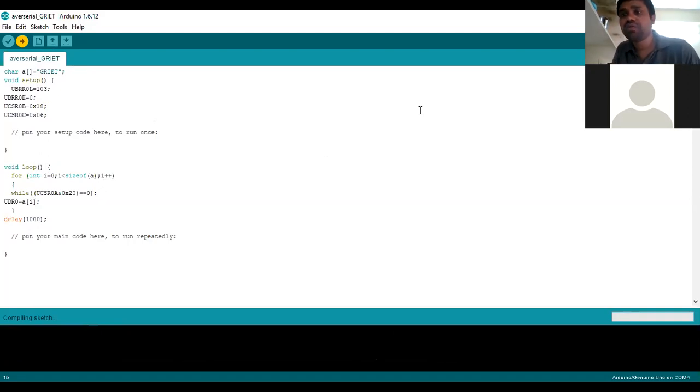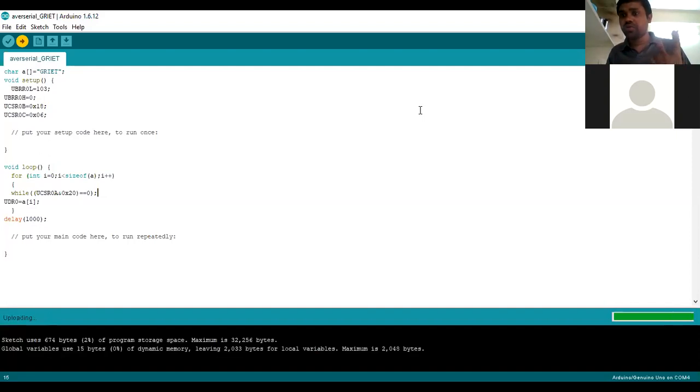Okay, are you able to follow? Today we are discussing AVR serial communication. It has only 5 registers. One is UCSRA, to check transmission or reception. The B register enables transmission and reception. The C register is to set the character size. One more register is UBRR, to set the baud rate. And UDR can hold the data.